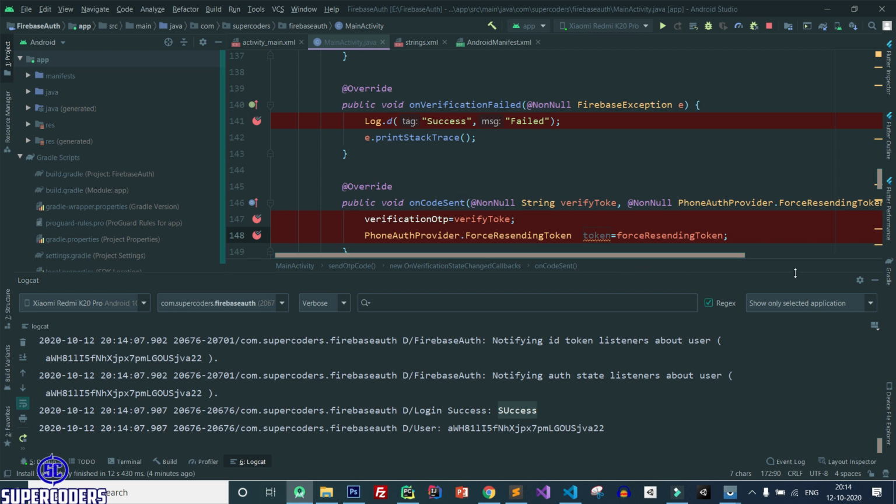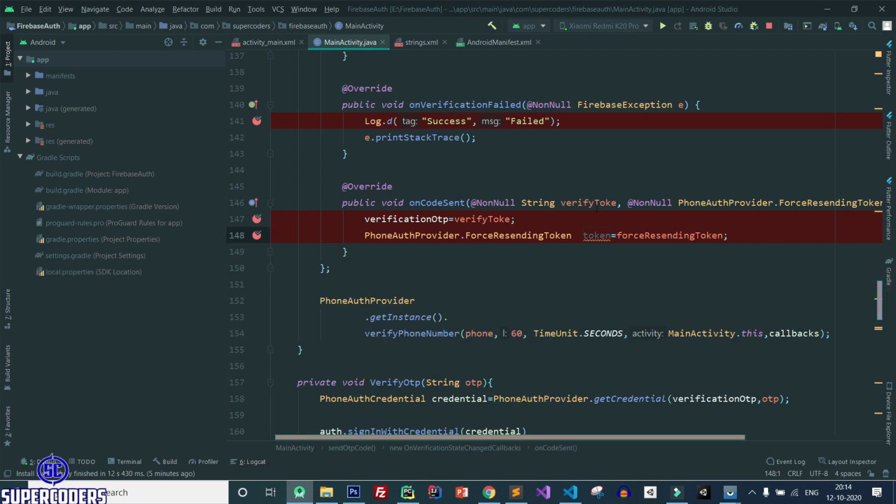Now in the next tutorial I will show you how you can handle this data on your server, means how you can pass the data to your server and your server gives you some access to work in your app and to call other APIs. So in simple words, when you are working with a real-time application, generally what happens is, when we pass data like username and password to the server, they will return some access token and using this token you can access the API.